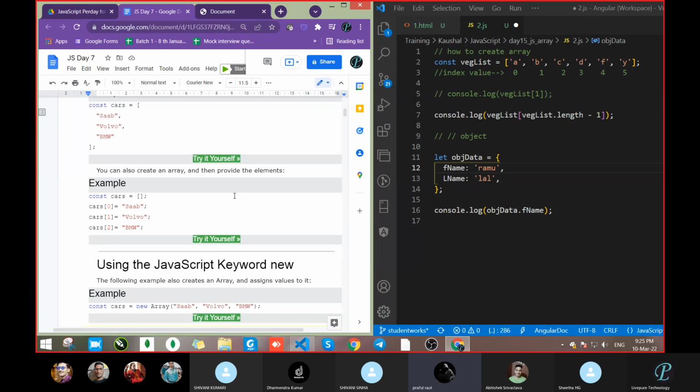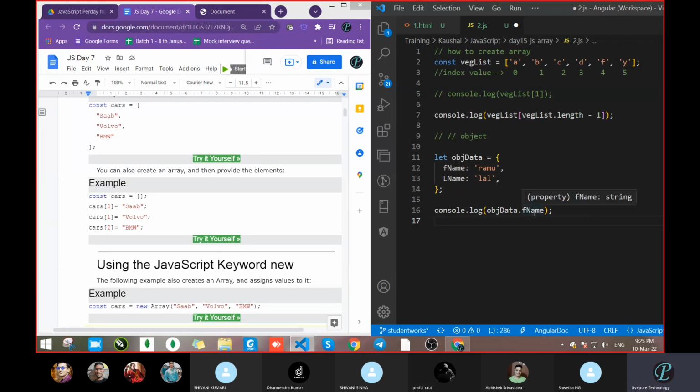Sir, one doubt. You told in the previous class about object inside array and boolean something. I am confused about this thing. Don't worry about that one, object inside array. We will come to it later once you clear all these. That was just a sample I had given. Up to here right now, is it clear or not?